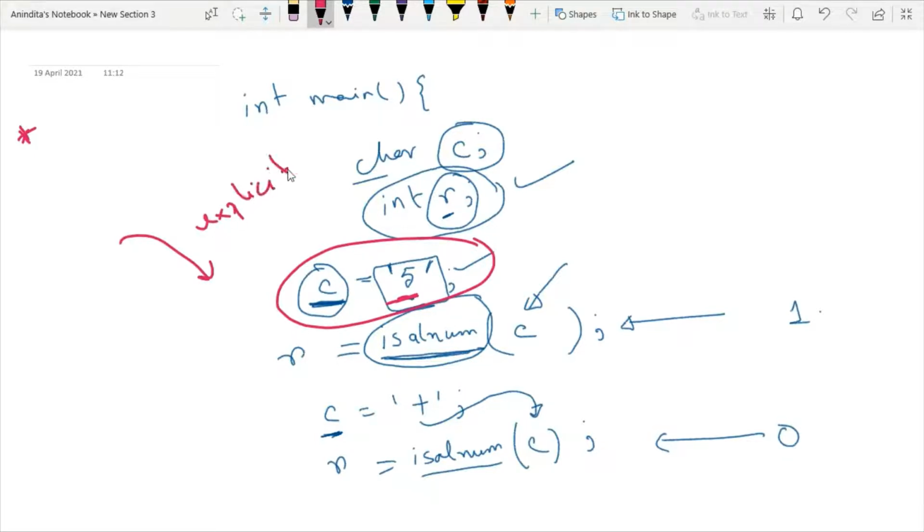Whatever the functionality of the isalnum function, it is already defined in the header file ctype.h by some developer beforehand, so we are just using it. This is the actual benefit of using a standard library function. We can perform any difficult kind of checking operations using these standard library functions.